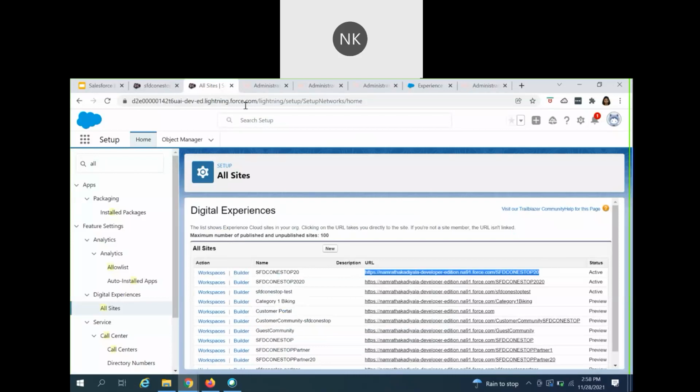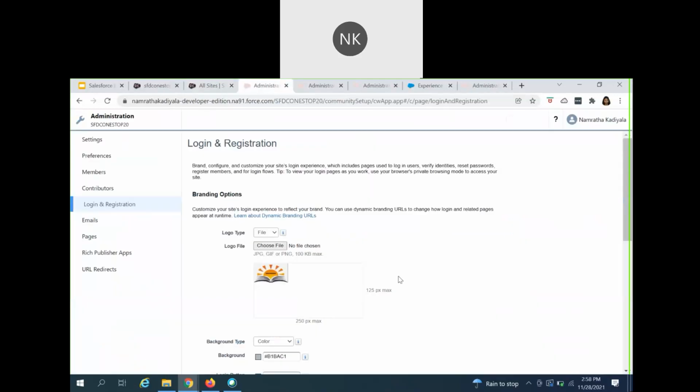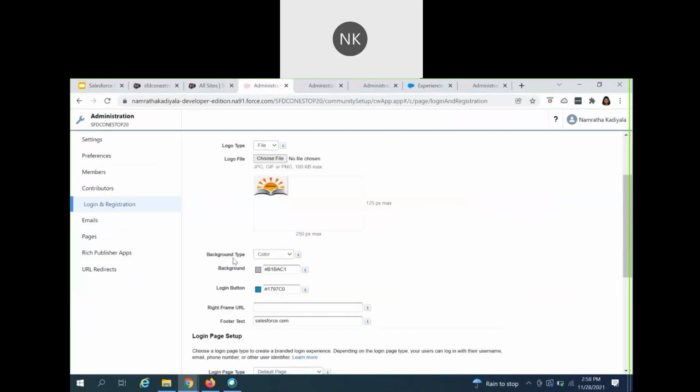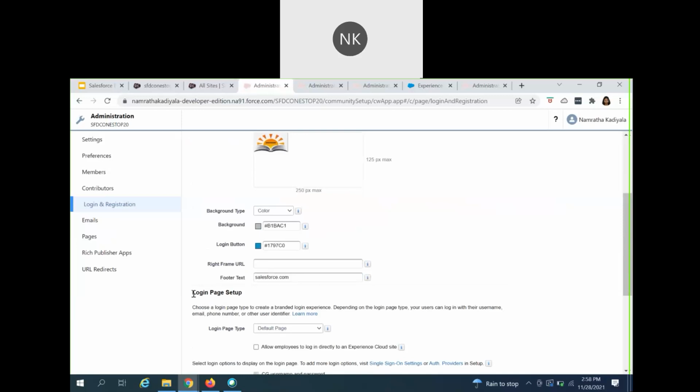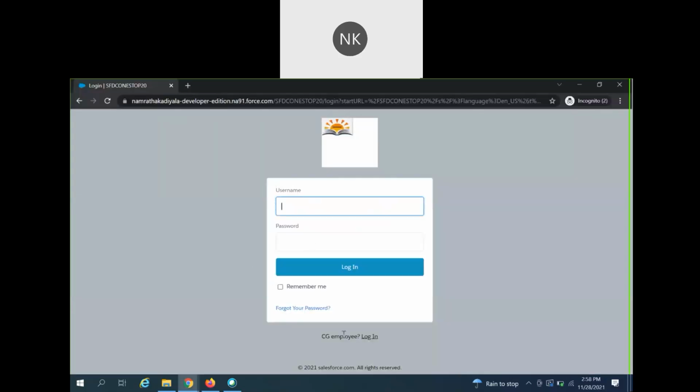So this is mainly a standard page, where you can see the logo is something which is being uploaded over here. According to your company logo, you can change the company logo over here. If you want to change the background color, you can do it over here. For the login button, I've chosen the blue color. If you want to change it to some other color, you can change it over here. This is the place where you see this section, username and password.